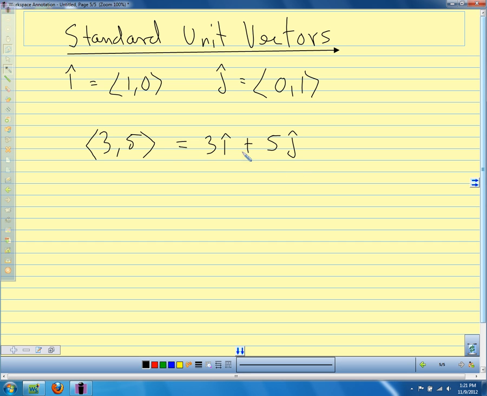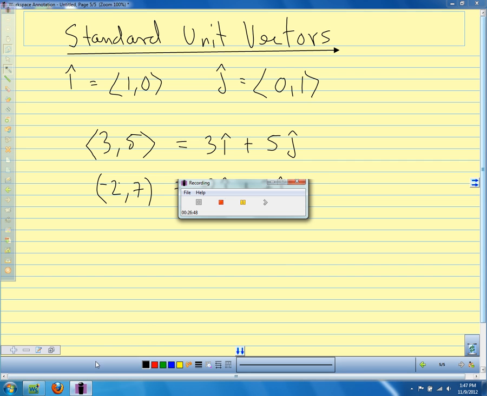So 3, 5 is 3i plus 5j, negative 2, 7 would be negative 2i plus 7j. So this just tells us we're going negative 2 units in the x direction and 7 units in the j direction. So we can write any vector in the plane as a combination of i's and j's. All right, to save some writing,